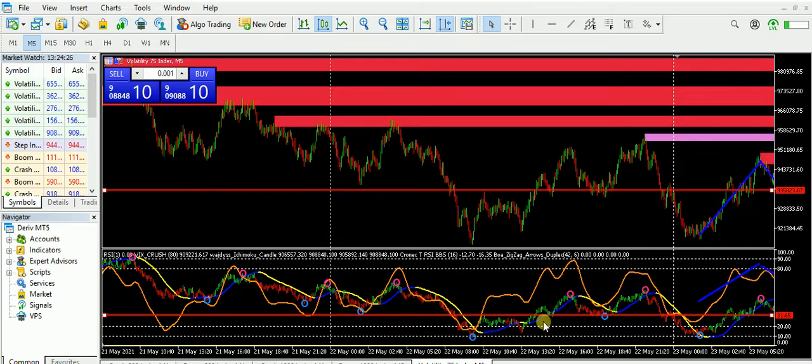zone, it's still in our oversold zone, you can even wait or put a stop loss under your first entry. That is somewhere here, you put a stop loss there, then you wait, because the market is still in the oversold zone and it has to buy. And look at where it bounced back to this point. Our indicator's third confirmation shows here again, and then it comes back to this point, it shows, then it